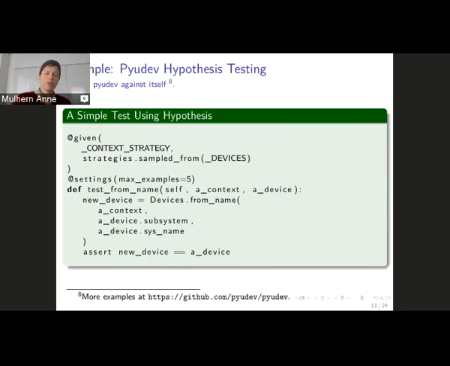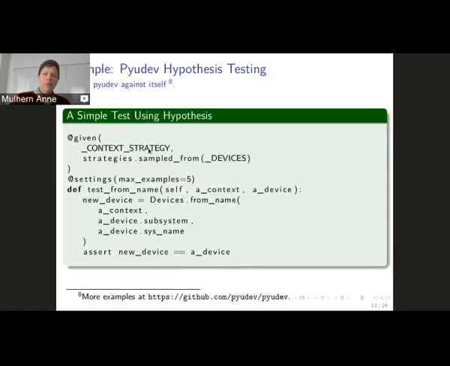So here's a simple test using Hypothesis. What we're doing here is checking that if you have a device and you use its so-called sysname, if you have that device and you use the sysname to get a new device from that same subsystem and sysname, they'll actually be the same device. A very simple test of self-consistency to exercise this. And it's kind of a boring test, and that's why I only do 5 examples of it.